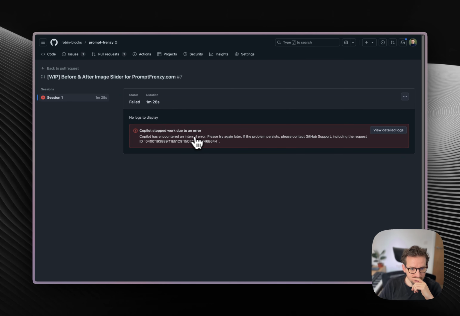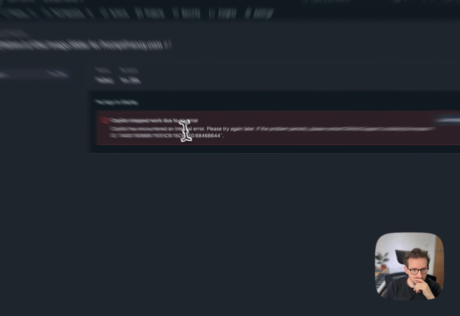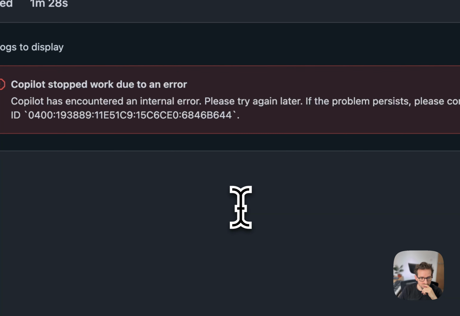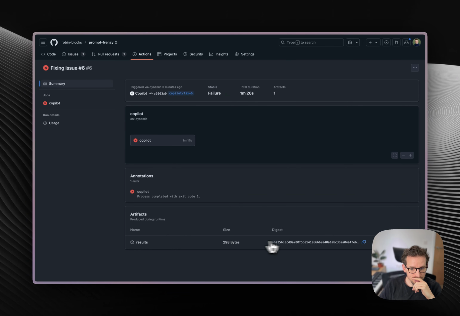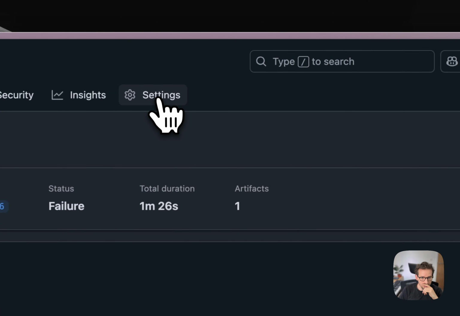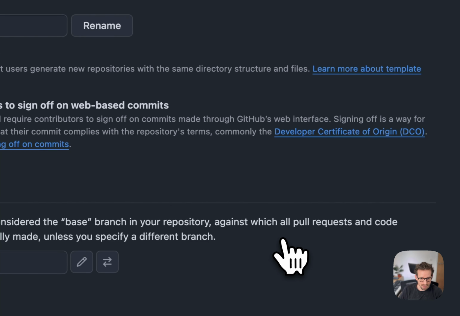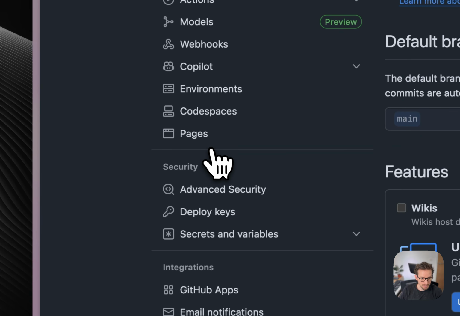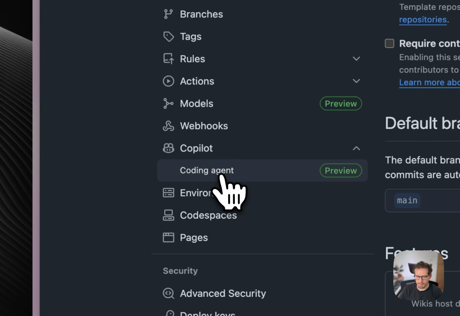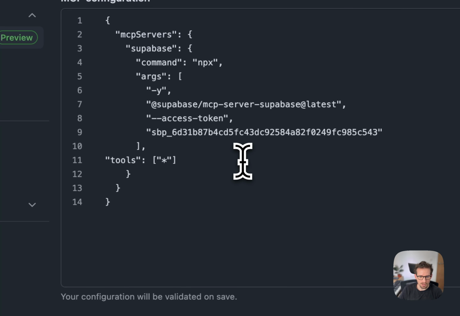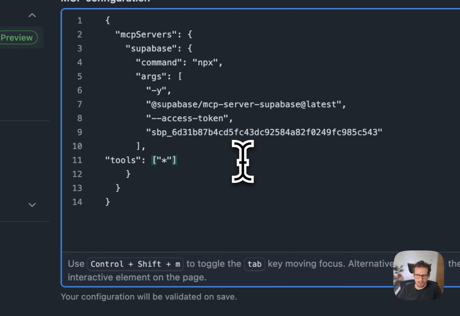So Copilot has encountered an internal error. Interesting. Okay, I think this will be the MCP stuff. Let's see if we can find out. Not a lot of help there. So let's just try a couple of things. If we can't get MCP working, it's not the end of the world. I'm hoping that we can do this anyway, and maybe Copilot will just tell me what to do, the SQL